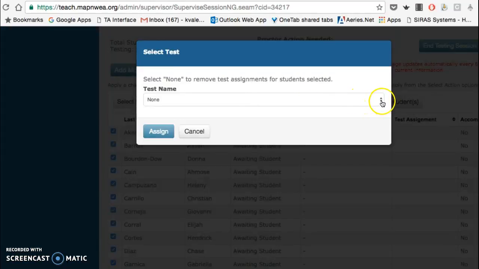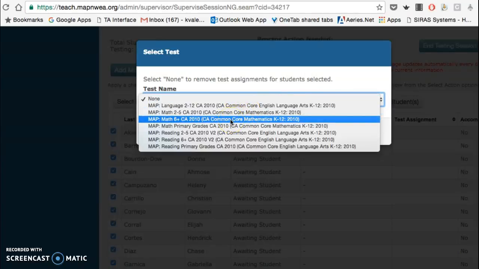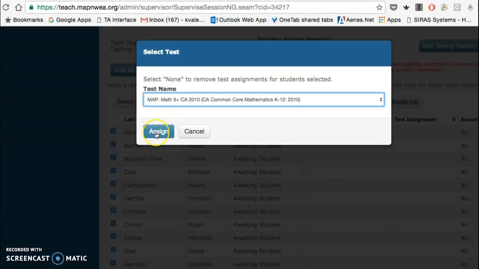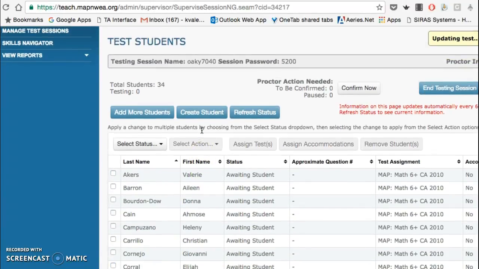For Thursday, September 15th, the entire school, both 7th and 8th grade, are testing Math 6+. Again, the entire school, both 7th and 8th grade, are going to be taking Math 6+. So click on Math 6+, click on Assign, and then you can have students log in using this session name